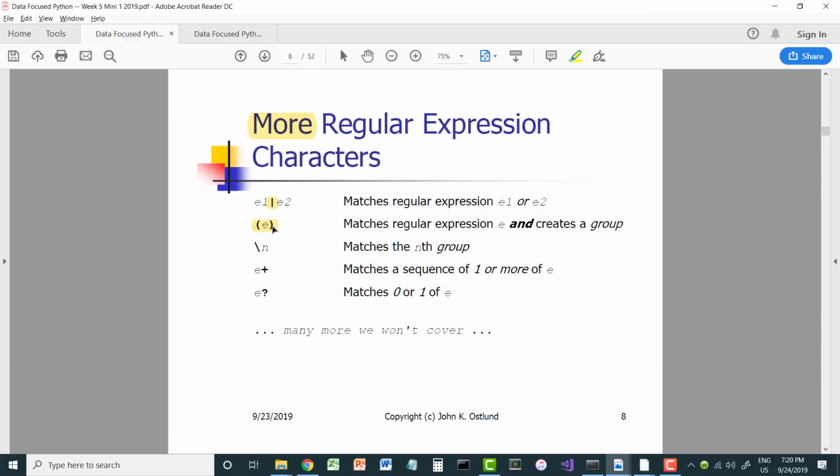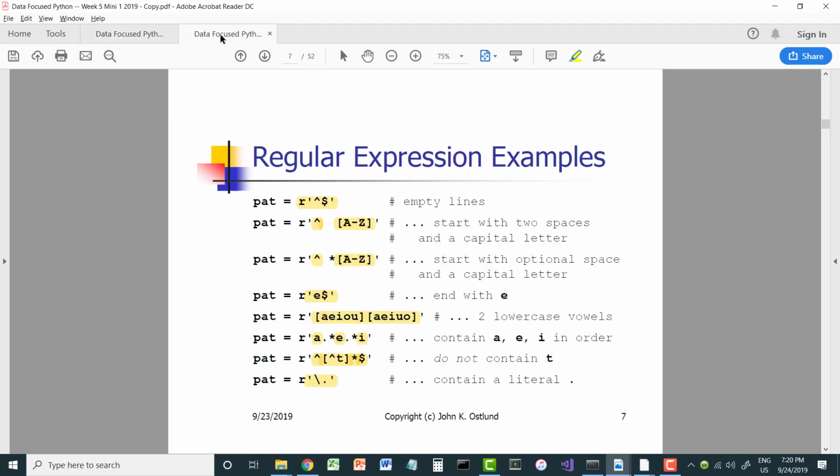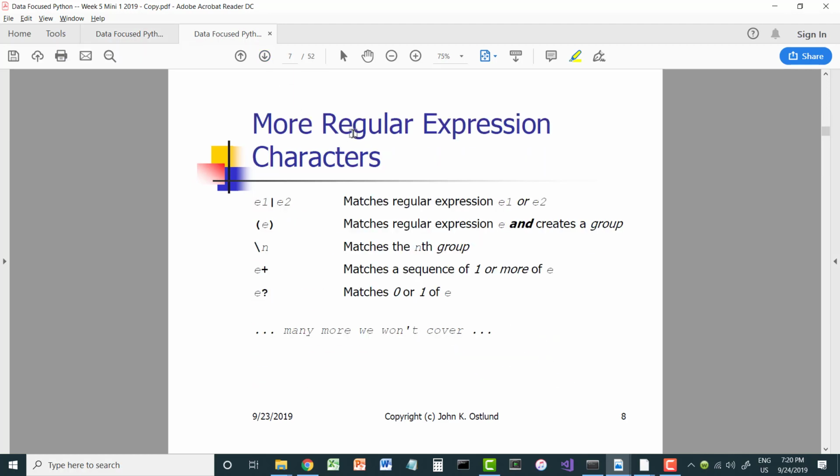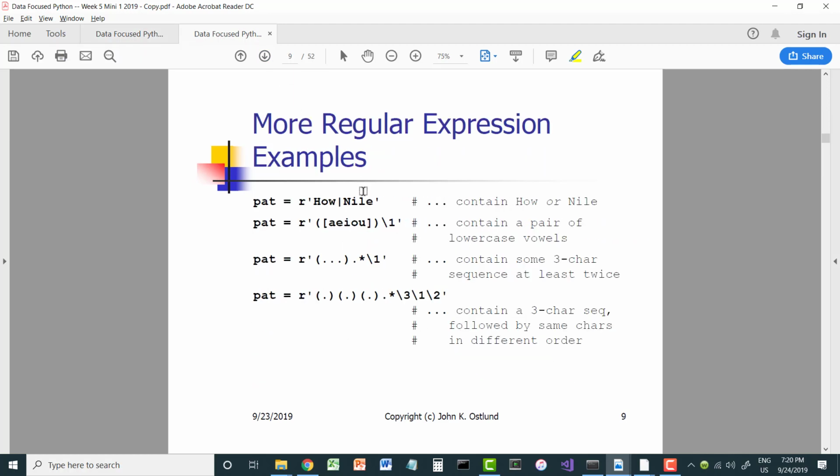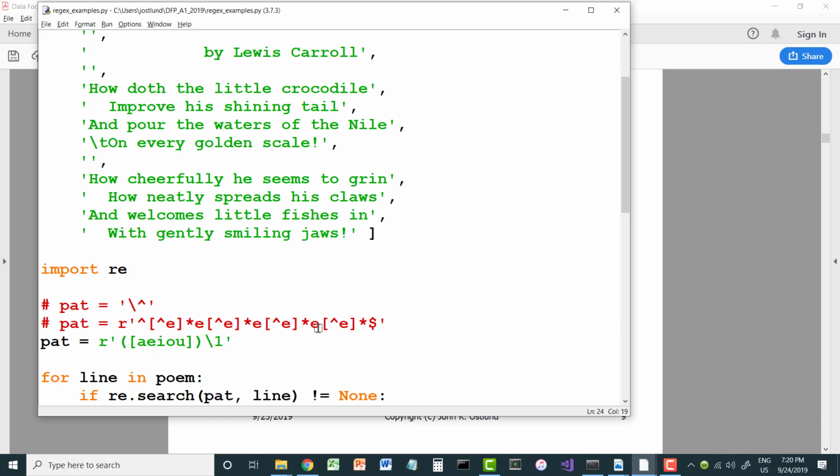So the parentheses create a group, and the backslash allows you to match whatever group, the nth group. Let me show another example of creating a group, and then we'll get to the 3 different groups in the same pattern in just a minute. Okay, so in this example here, the third example on slide 9, what I'm looking for is